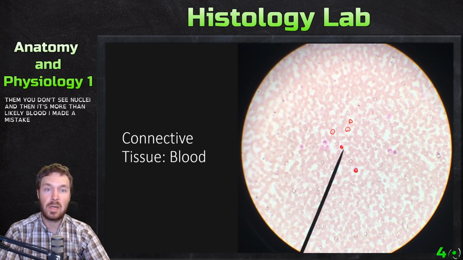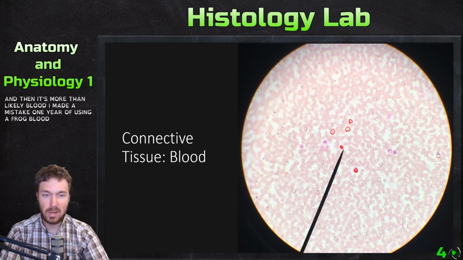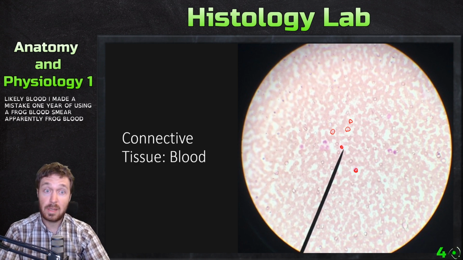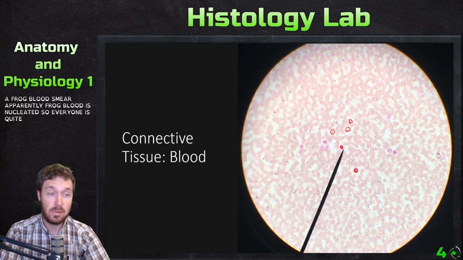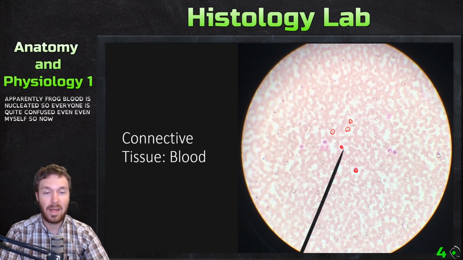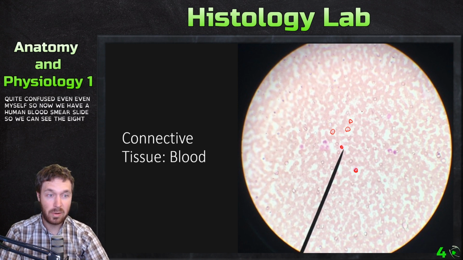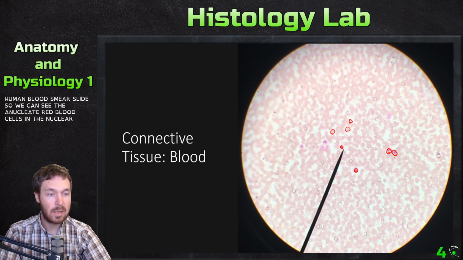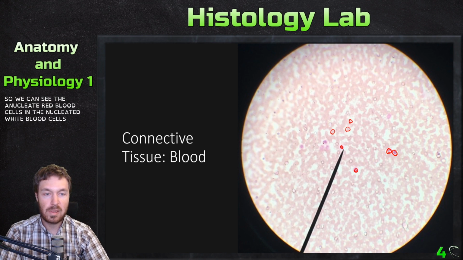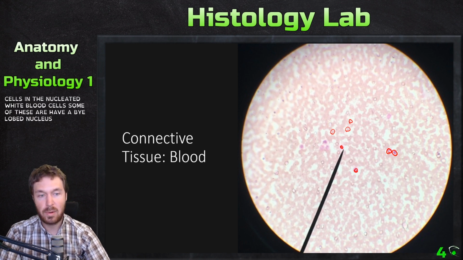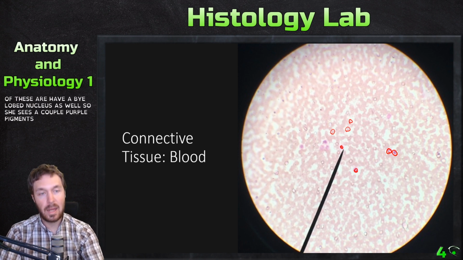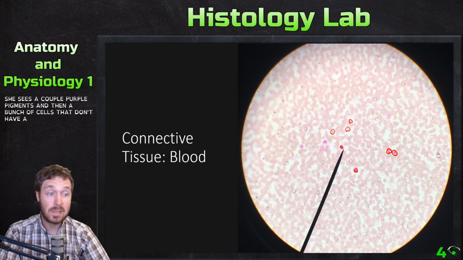I made a mistake one year of using a frog blood smear. Apparently frog blood is nucleated. So everyone was quite confused, even myself. So now we have a human blood smear slide, so we can see the anucleate red blood cells and the nucleated white blood cells. Some of these have a bilobed nucleus as well. So if you see a couple purple pigments and then a bunch of cells that don't have any stained nuclei,